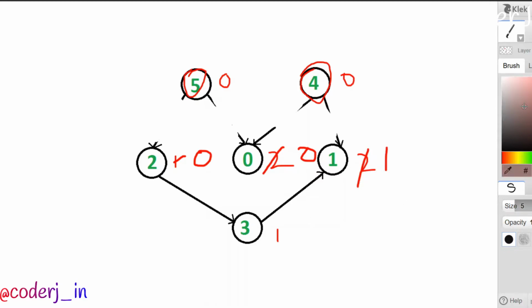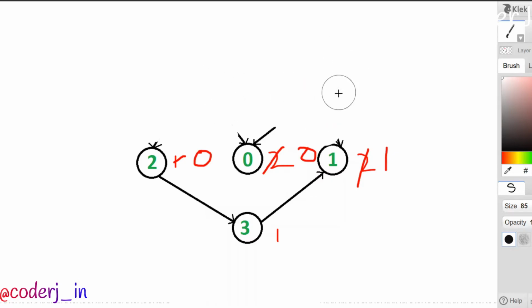So after that, let's start again. I'll check it again. 5 and 4, I don't need to traverse them again, so I can just use some sort of stack or queue, because since we are traversing a graph, I can only do that using a BFS or DFS. I'll do a BFS. So let's say I remove 5 and 4 from my queue, so I don't need to access them again because their work is done, right? In fact, I'll just delete them. There's no need of 5 and 4, right?